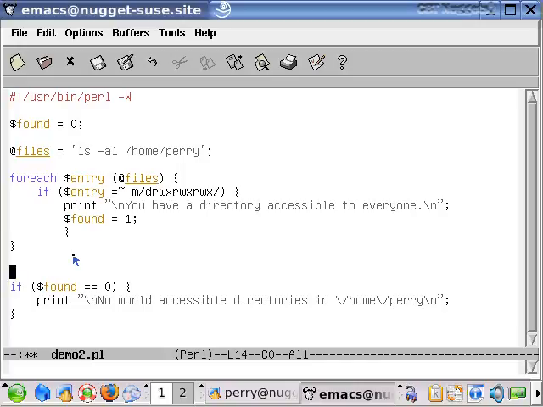Back in the Bash shell scripting language, we use -eq to represent equality, and in Perl, we use double equals. Now you might say, why would I use double equals? Why don't I just use single equals? Well, a single equal sign in Perl means that you're assigning a value, like right here. Here, when we use single equals, we're assigning the value 0 to the variable found. And here, we don't want to change found, we just want to test it. And so the way that we test variables in Perl is we use double equals. So we say if found double equals 0, then print out and say there were no world accessible directories in